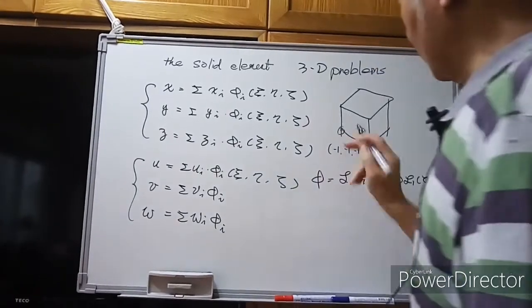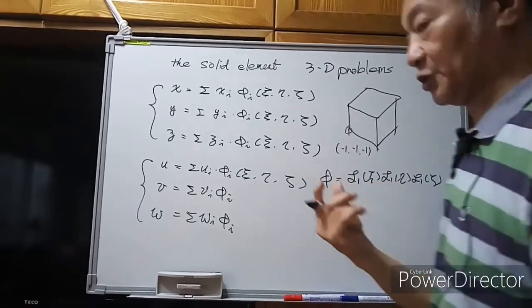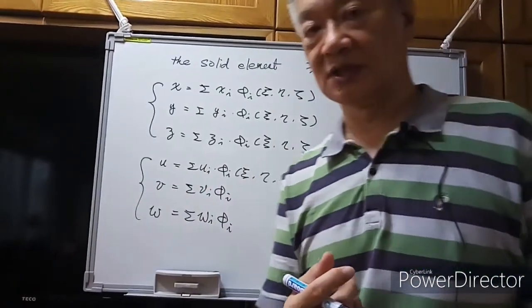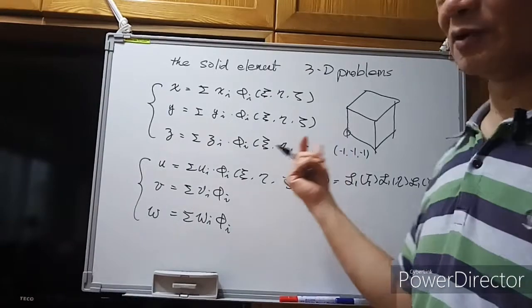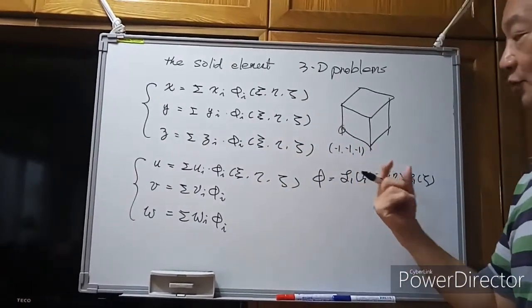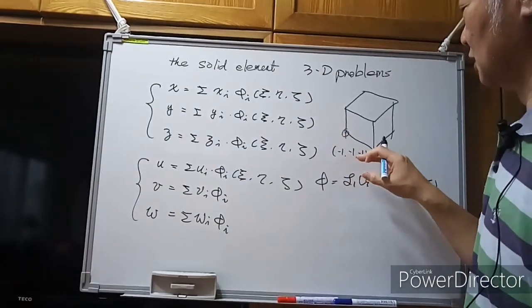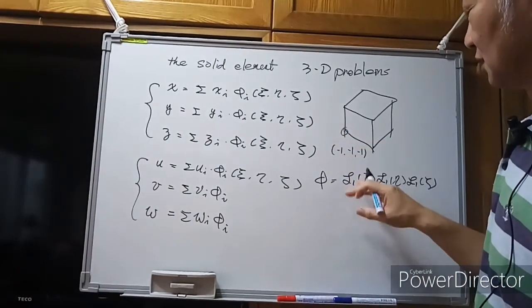For this point, we need to multiply three Lagrange interpolation functions together. If we use an 8 node element, then